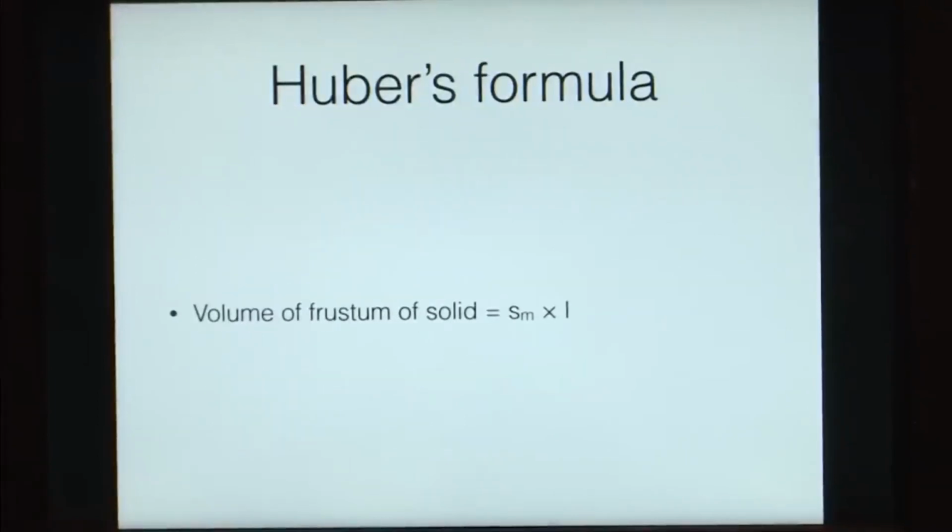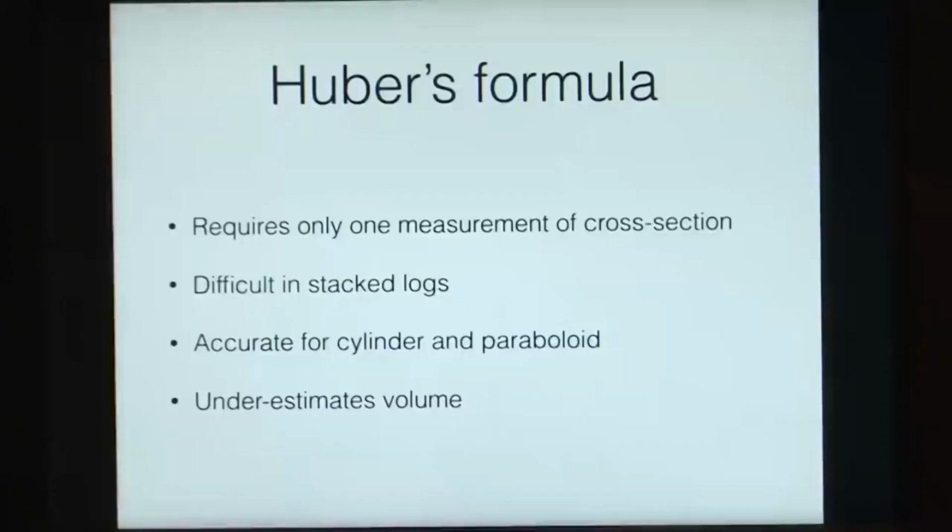The other formula that we looked at today is Huber's formula. In the case of Huber's formula, it is defined as the cross sectional area of the middle of the solid multiplied by the length of the solid. So, in this case you are required to take only one cross sectional area measurement at the middle, but again in the case of stacked logs that becomes difficult because it is difficult to access the central part of a stacked log. It is accurate for cylinder and paraboloid, and unlike Smalian's formula that overestimated the volume, Huber's formula underestimates